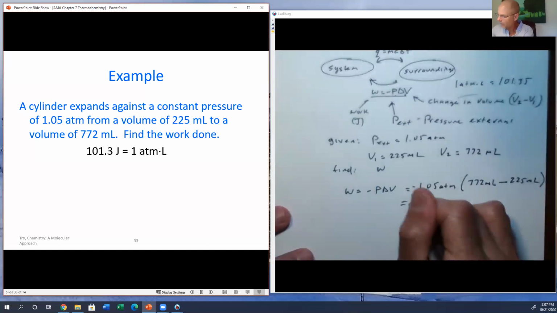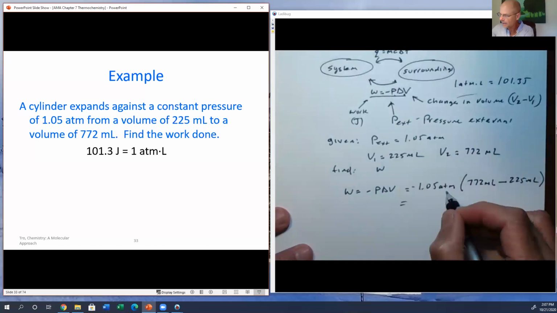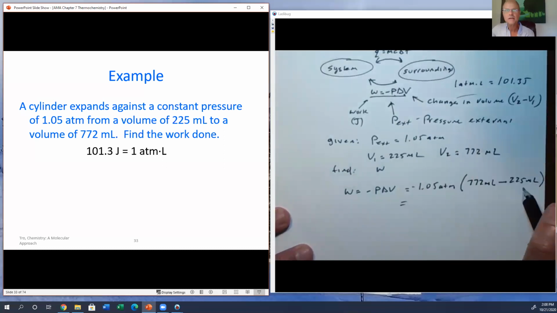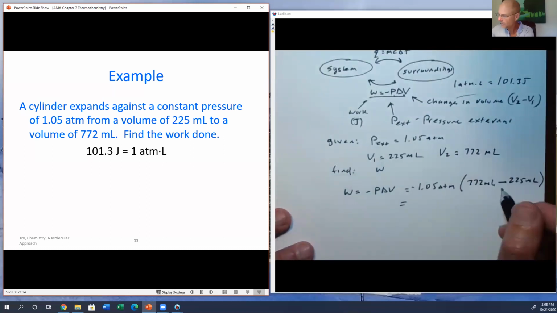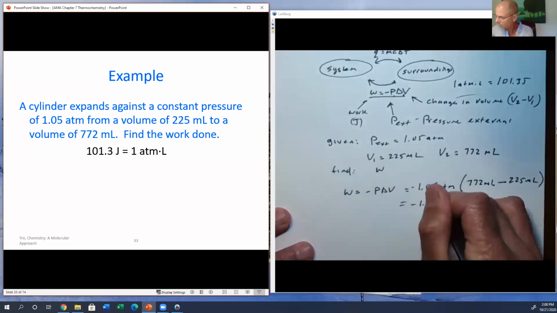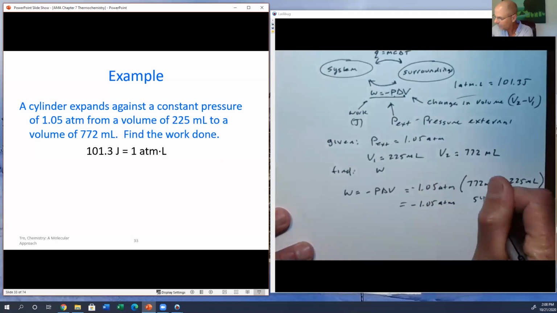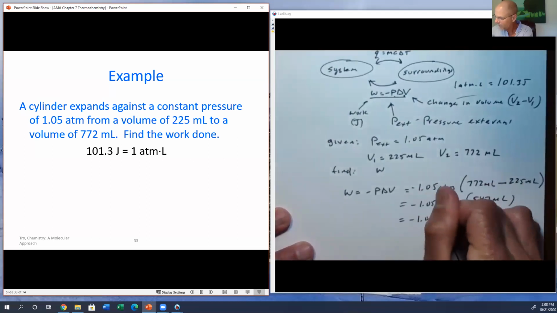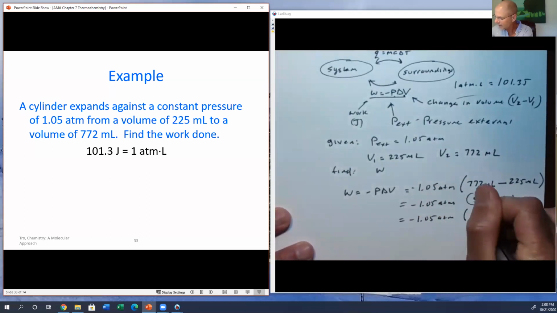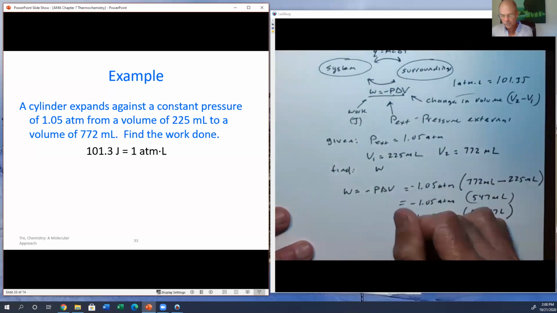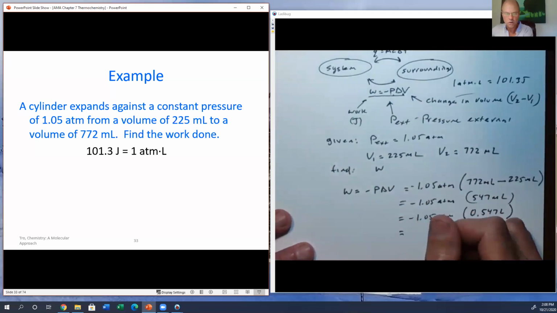So now the only thing is that this is in milliliters, and our conversion factor is atmosphere liters, so we have to convert that to liters at some point, okay? But this difference turns out to be equal to minus 1.05 atmospheres times 547 milliliters, which is equal to minus 1.05 atmospheres times 0.547 liters, all right, which is equal to